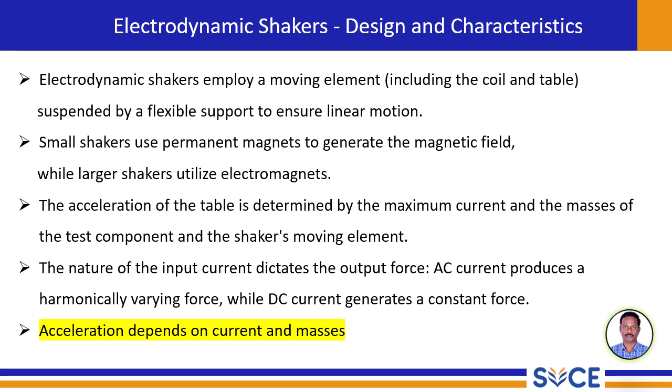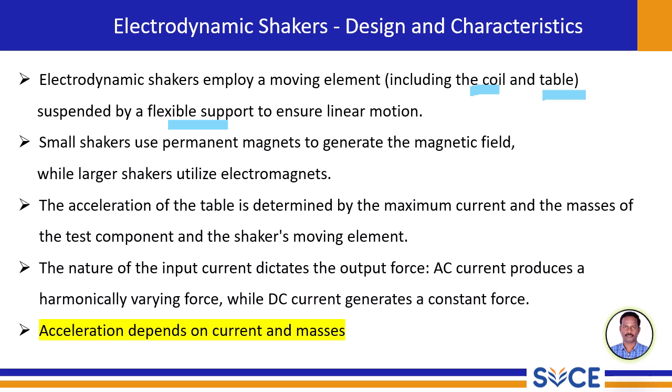Delve deeper into the construction of electrodynamic shakers. We find that they employ a moving element. This assembly typically includes a current carrying coil and the shaker table itself, which is suspended by flexible supports. This suspension system is crucial as it ensures that the motion of the table is primarily linear, providing a well-defined